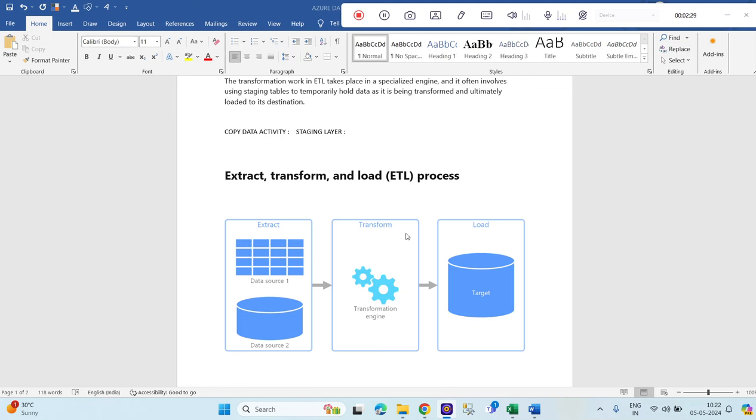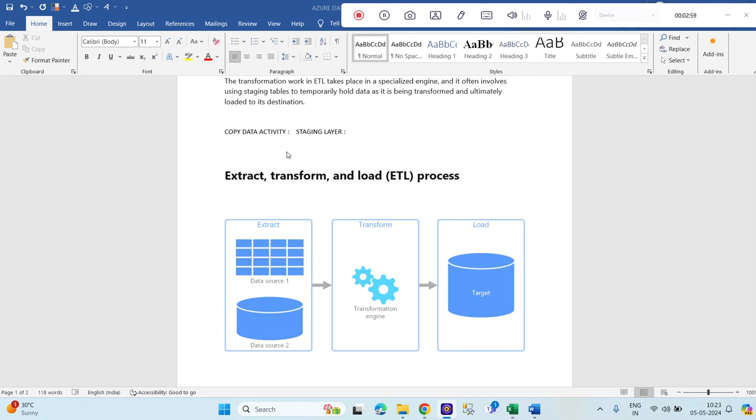After the transformation has been done, we are loading into the final destination table or destination layer, right? So that is known as an ETL process. We are extracting data from the different sources, doing some transformation in the middle or staging layer, and after that we are loading into the final destination layer,